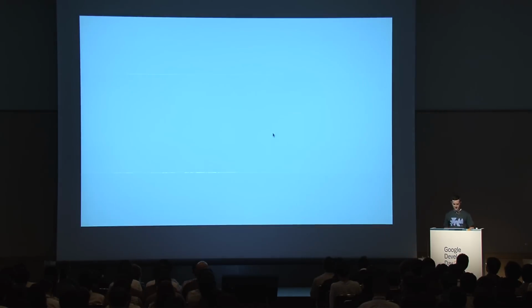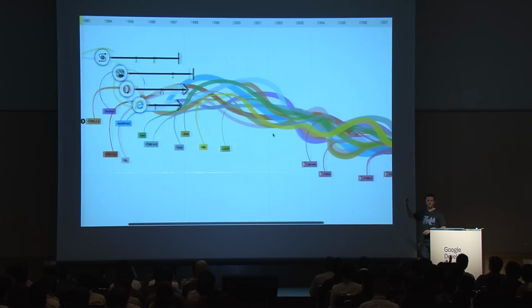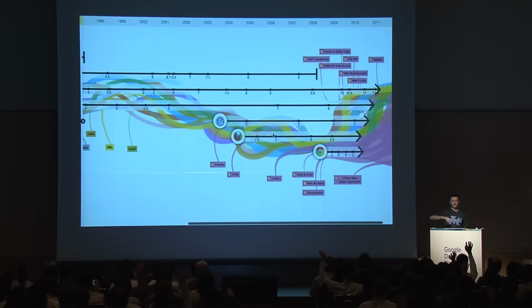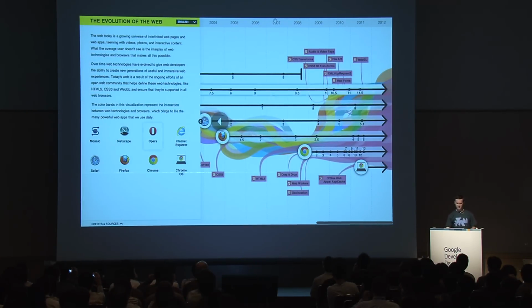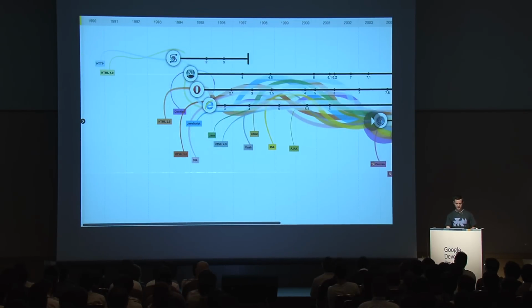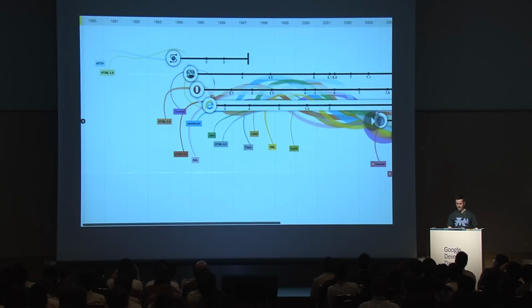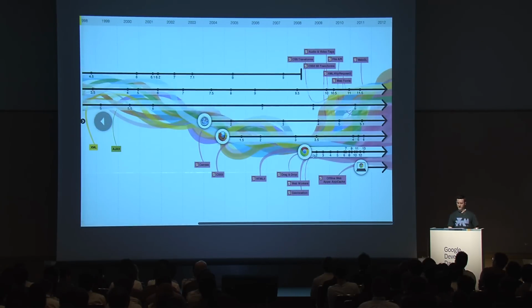I want to show you a really fantastic infographic. How many people have seen this infographic? Cool. I unfortunately wasn't at the keynote. I don't know if they showed it there. But this is a wonderful representation of where we've come with HTML5 and the modern browsers. If we go all the way back to the 1990s, this is the first web browser. This is what we had to deal with. But if we fast forward to when Chrome came out around 3 years ago, these dots right here,